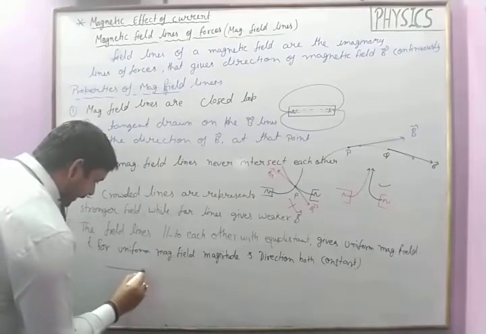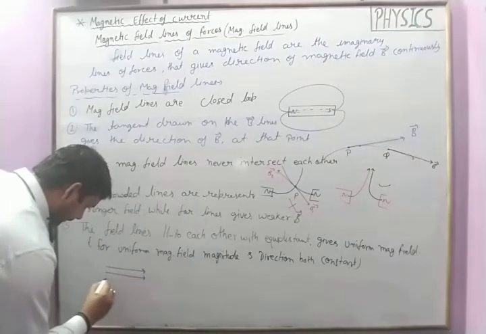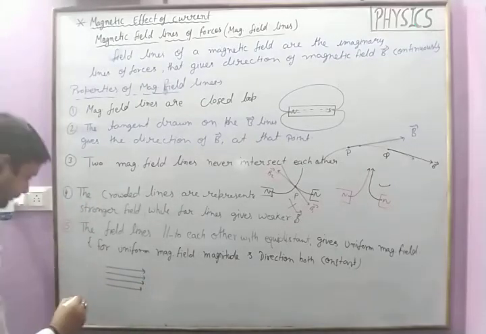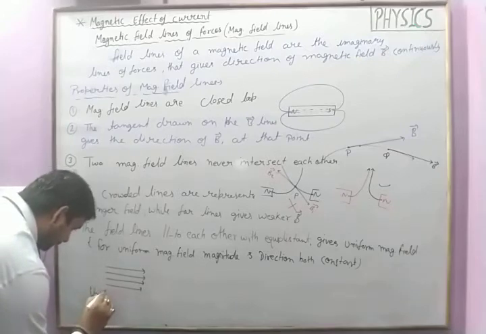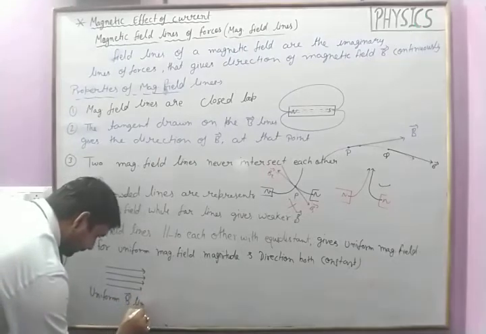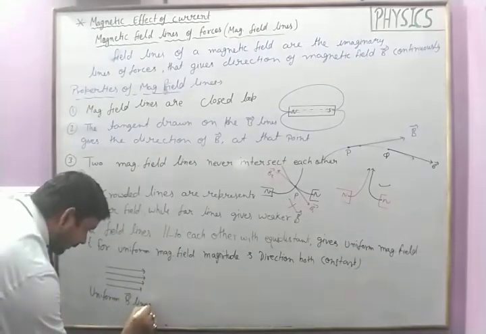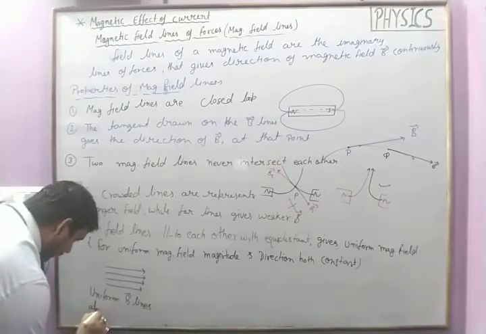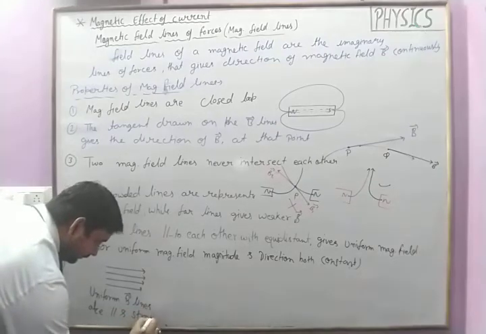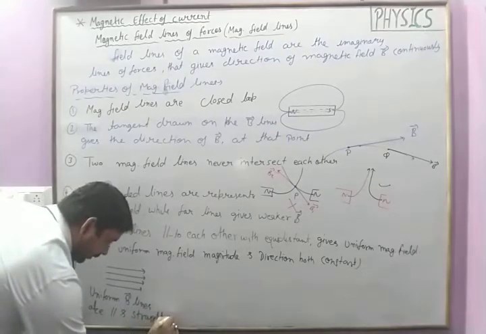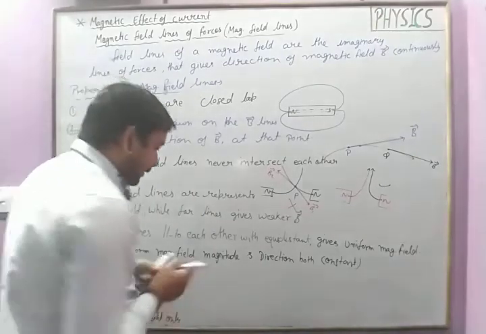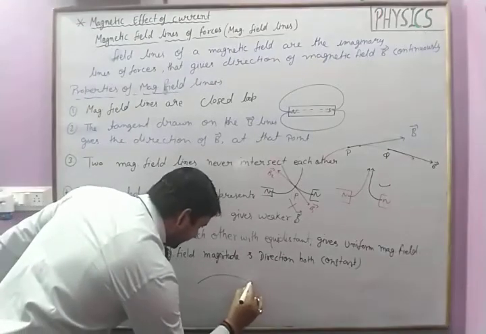These are represented by parallel and straight lines. Uniform magnetic field lines are parallel and straight only. Okay, in place of that, if we have parallel lines but like this,